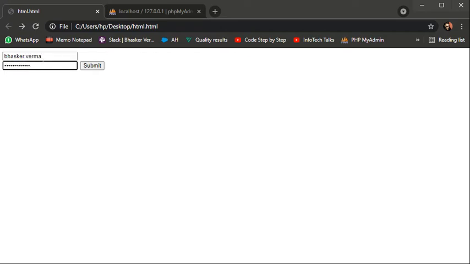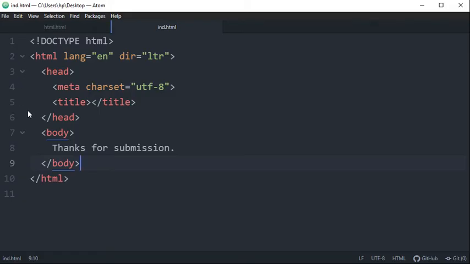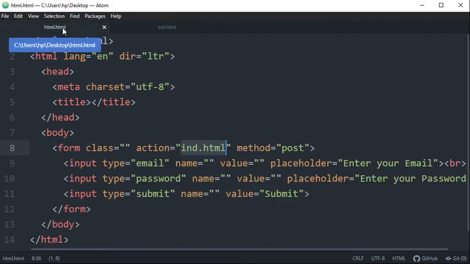You can see the difference between a text box and a password box. It hides the characters you enter here. That's why we use the input types email and password instead of a plain text field.